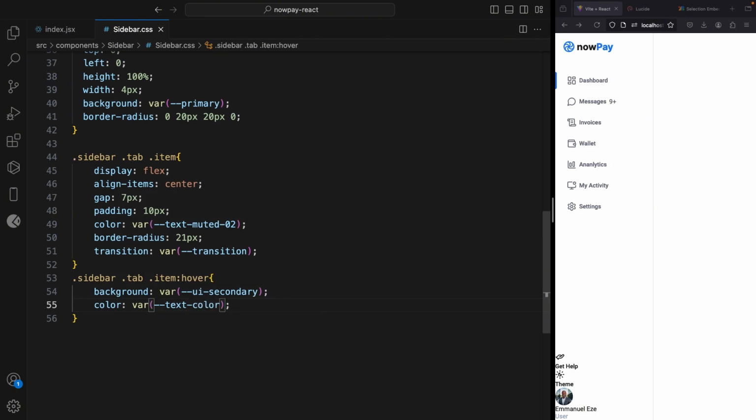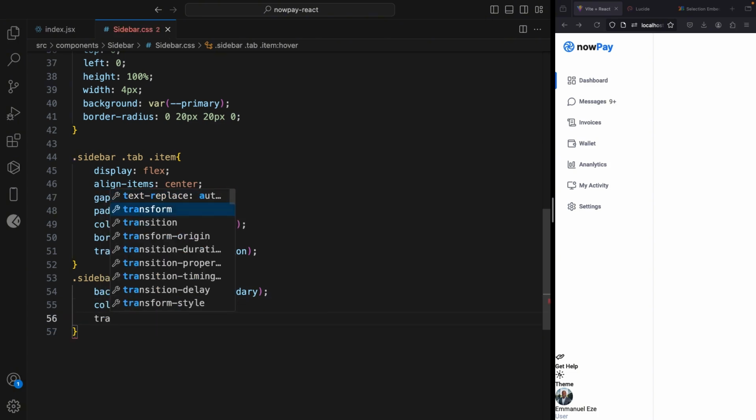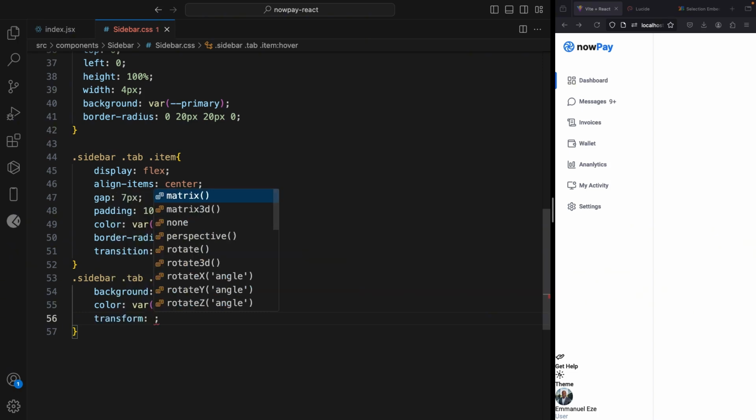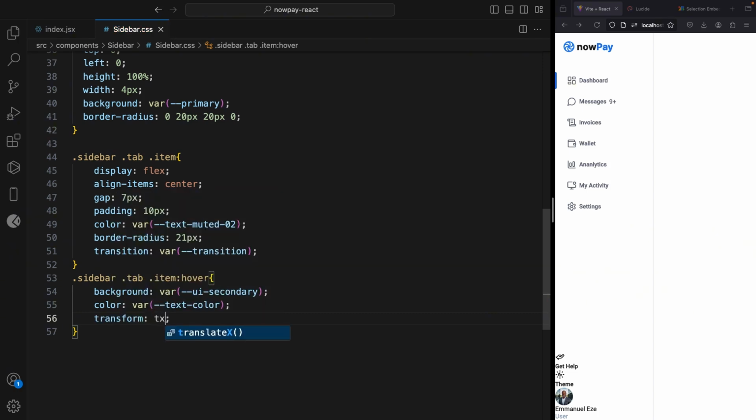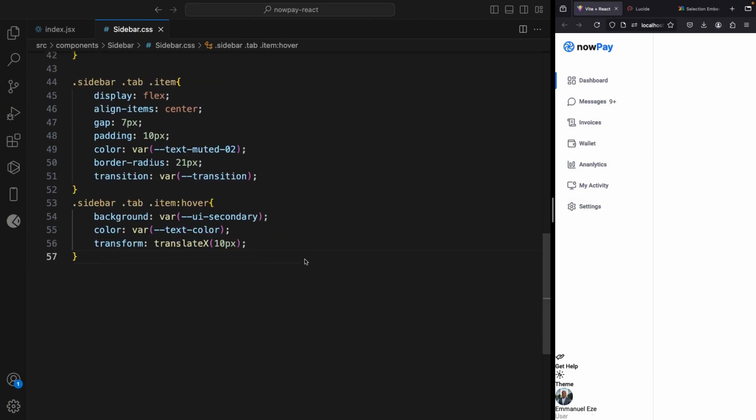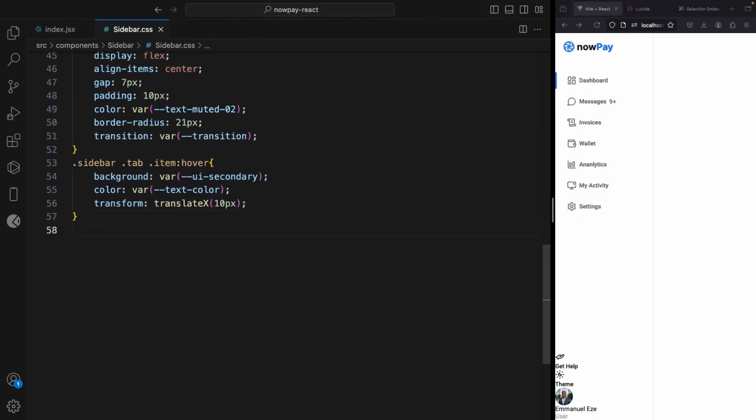And we're going to transform it. So the transformation will be we're translating the X. And this is what this will do. Look at it. See, awesome. That's cool. So let's go ahead and select the one that has active,